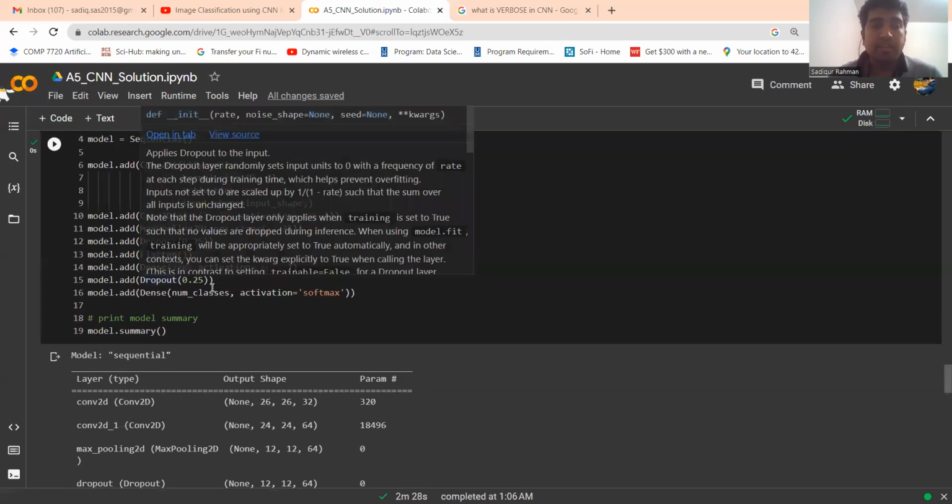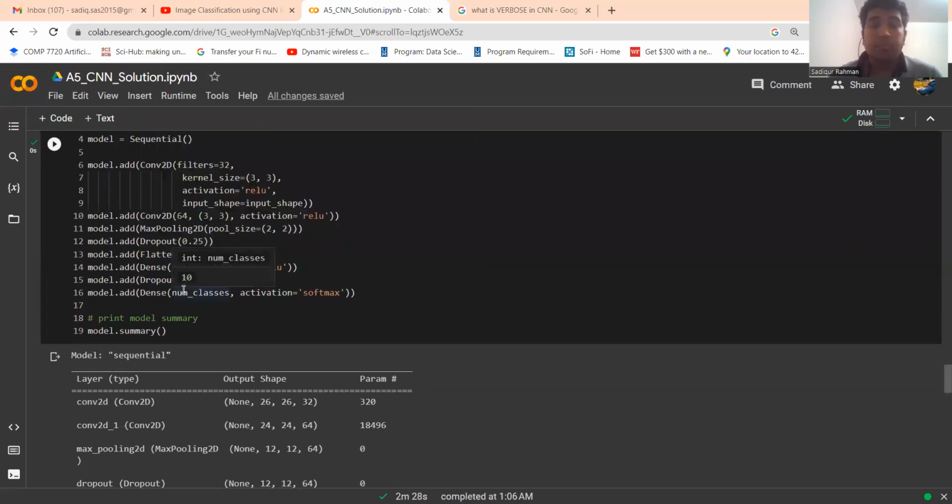Then again, after the fully connected layer, we are using dropout. That is, one fourth of the neurons will be randomly deleted, and the next fully connected layer, that is the Dense layer, has 10 classes. And as it is 10 classes, this is not a binary problem. If it was a binary problem, we could use the sigmoid activation function, but for multi-class problems, we are using softmax. This is the most popular